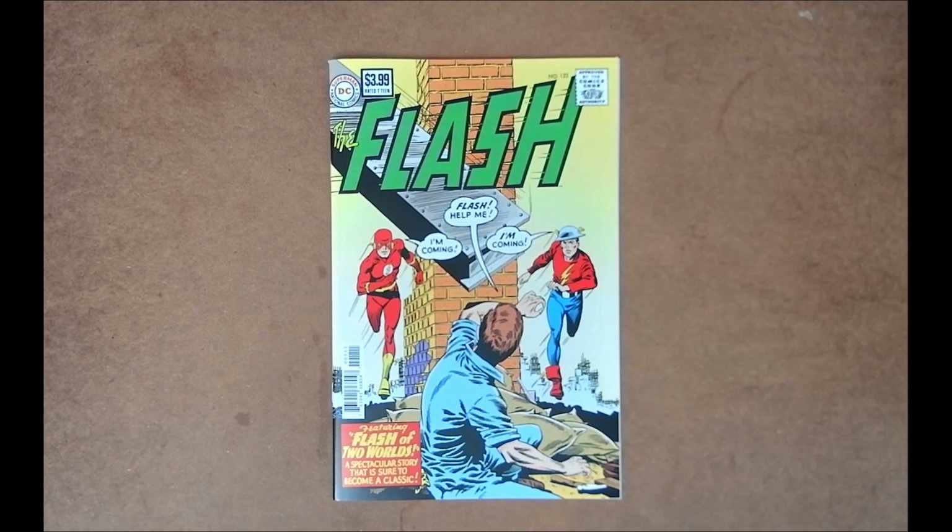Flash is one of my favorite characters. Wally West Flash was my Flash. That was the first comic book I ever got. So the character of Flash, the mythos, the entire Flash family is my favorite in comic books. So of course this is going to be one of my grails, because this is one of the most important